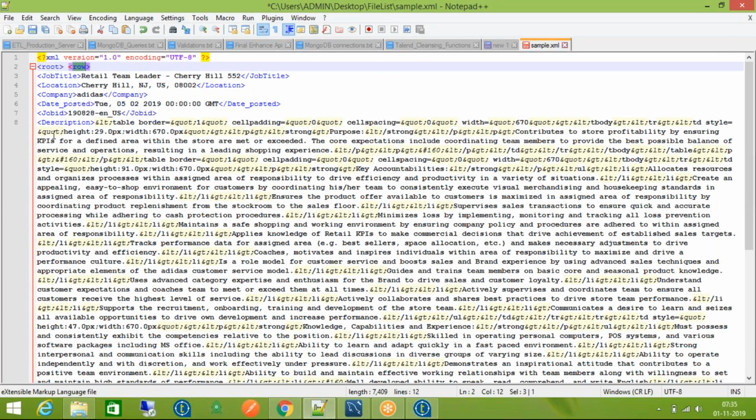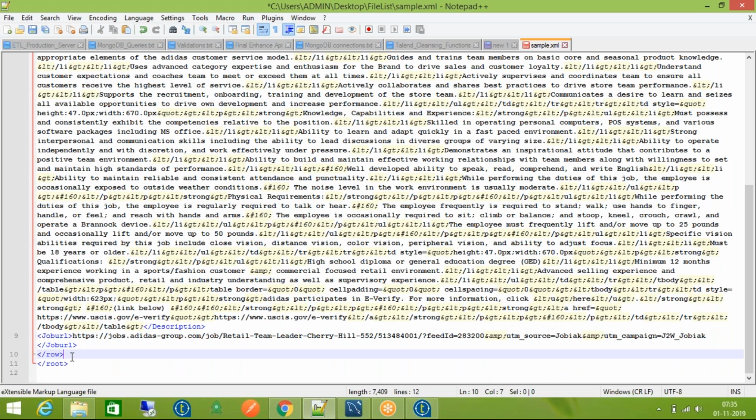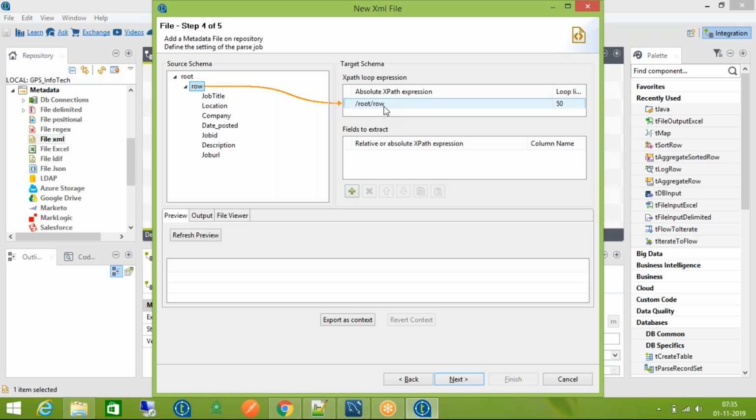The row is getting changed to identify that this is a particular record, I mean, to differentiate the records. So we can say the row is getting looped for each and every record. Say root and then row,